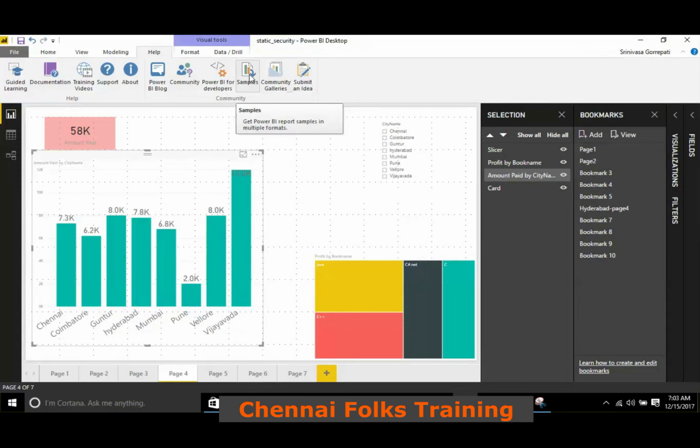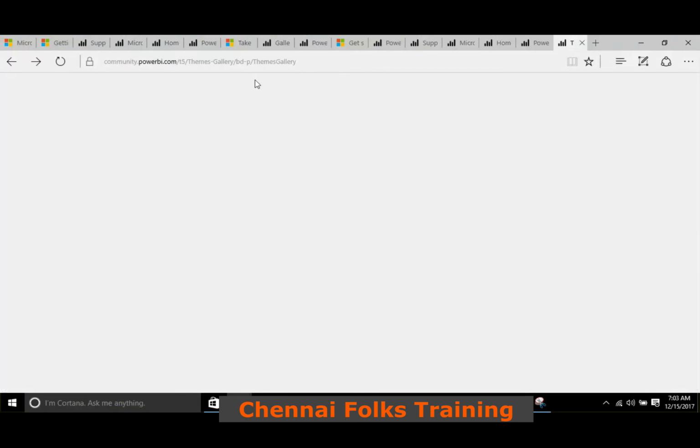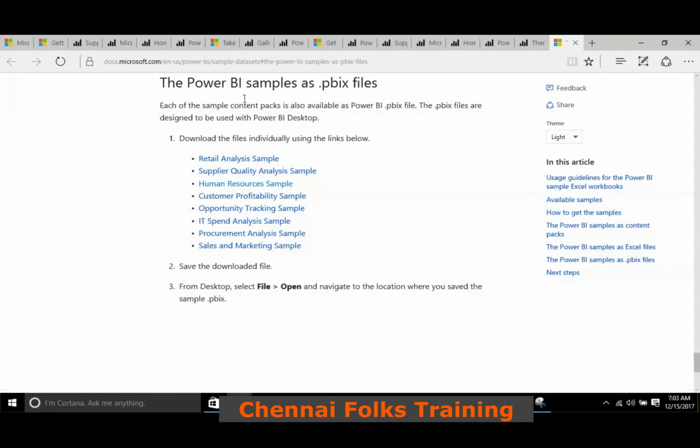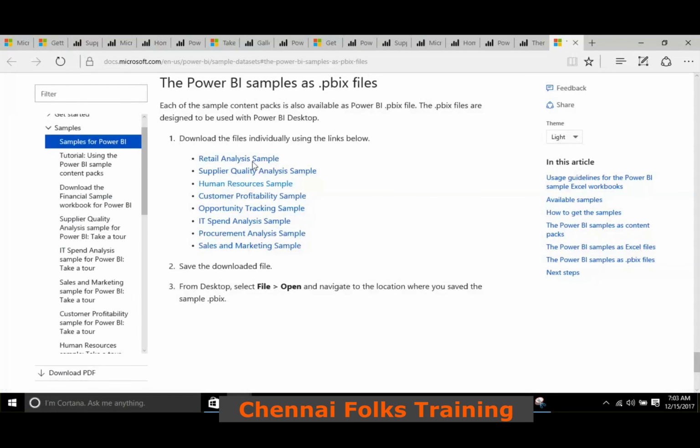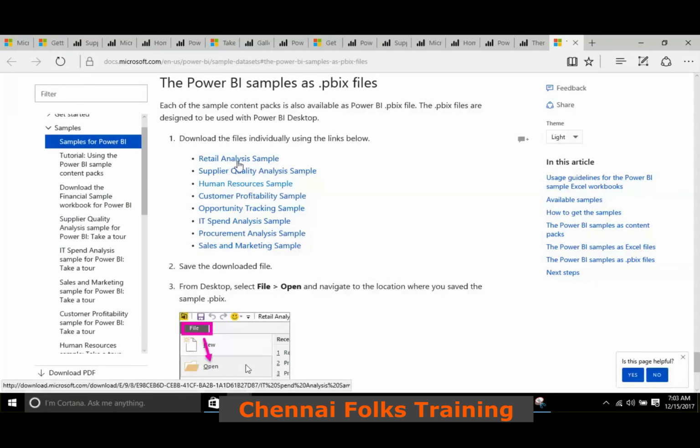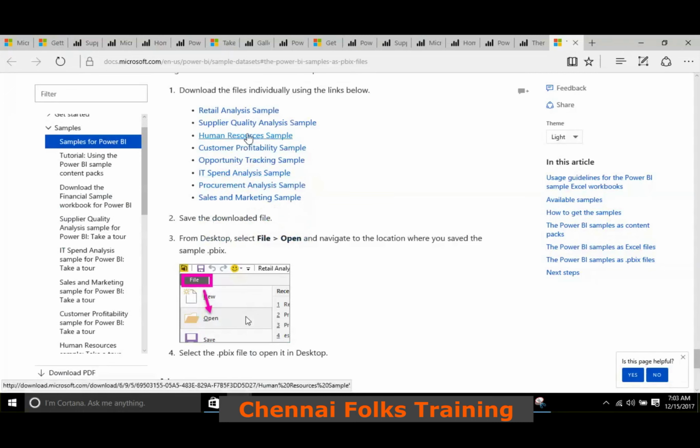If you feel you have a lot of data sources, Excel based resources, you can download them, and if you have reports, you can practice them. So these are the different reports which Microsoft is providing. Whatever you want, you can download it, import it and practice it. Retail related, supply chain, human resources, IT support, recruitment and everything is there. So you can download that